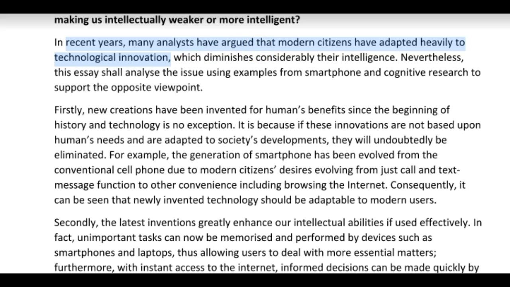However, this part is not hedged, and we want the whole sentence to be hedged. So we could have said, which can considerably diminish their intelligence, okay? And just with that simple can in there, we've hedged it. So just try and bear that in mind for the next essays, next sentences you send me.